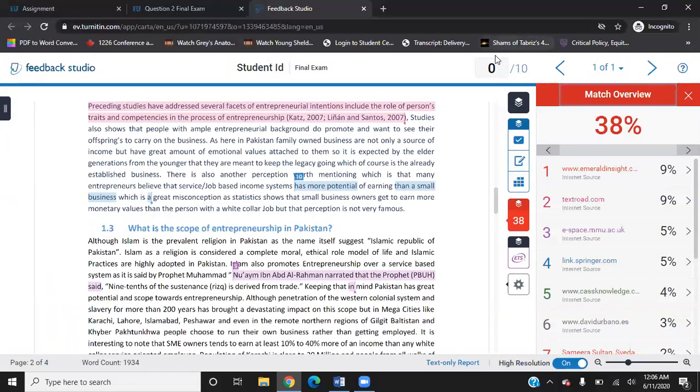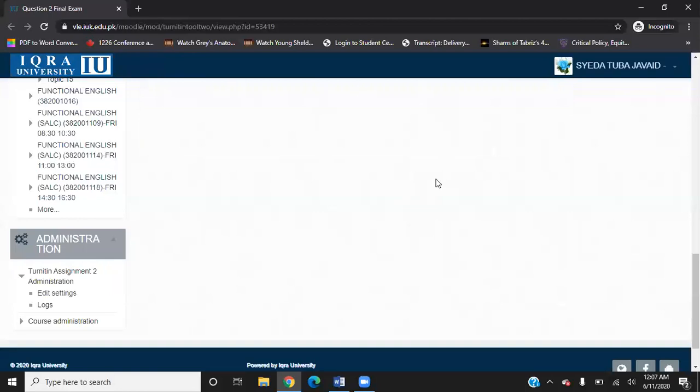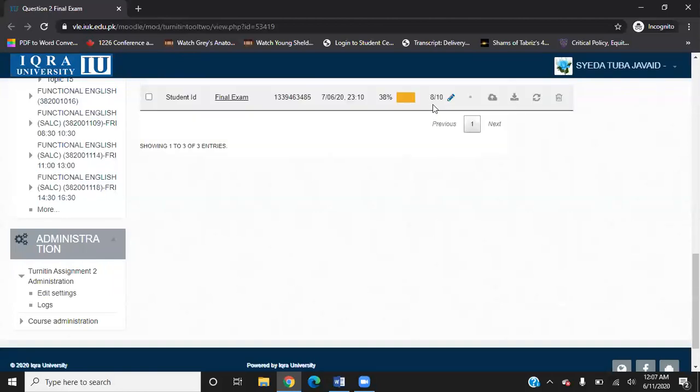Once I've read the entire paper and I know how many marks I need to give them, for example, I think that this person deserves only 8. So I'm going to click on 8 and I'm going to click on enter. Now, if there are multiple students, I can use these arrows to go from one document to another, and it is going to save the marks automatically. So if I close this file, this page gets refreshed by itself and the marks will appear. See, marks are here.